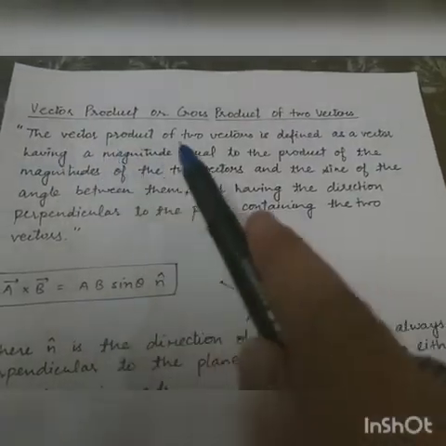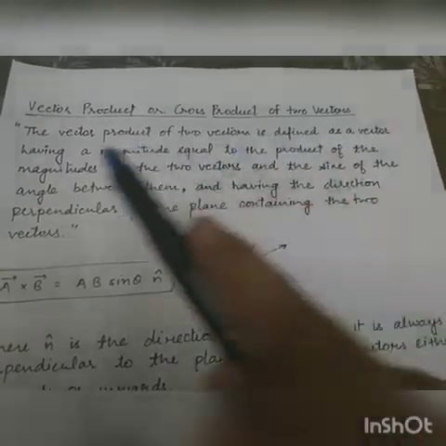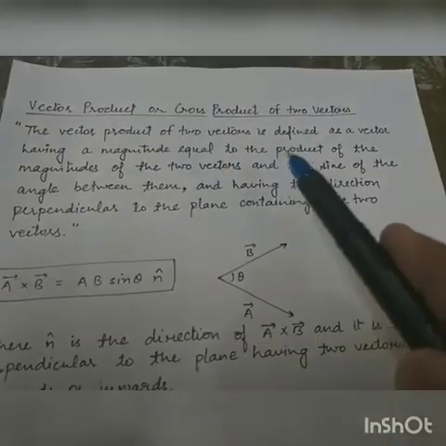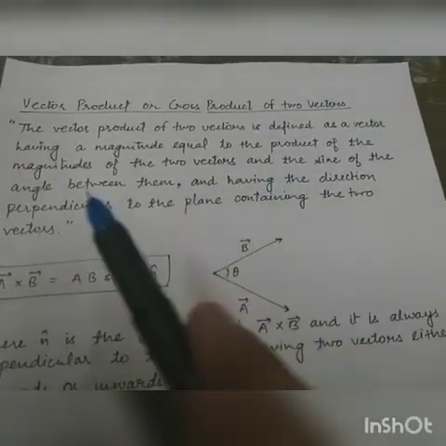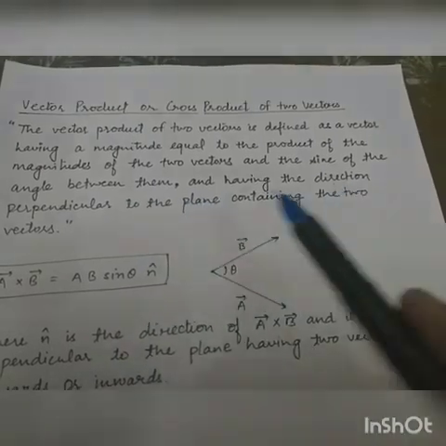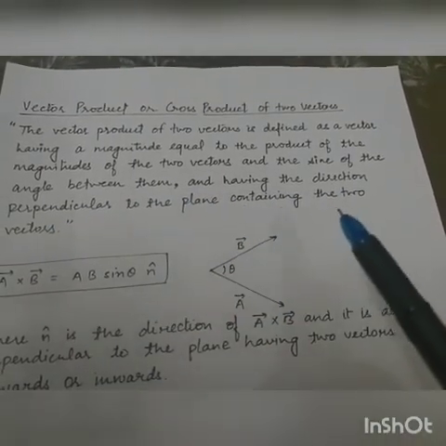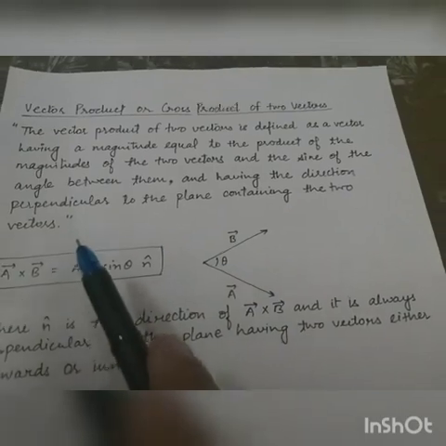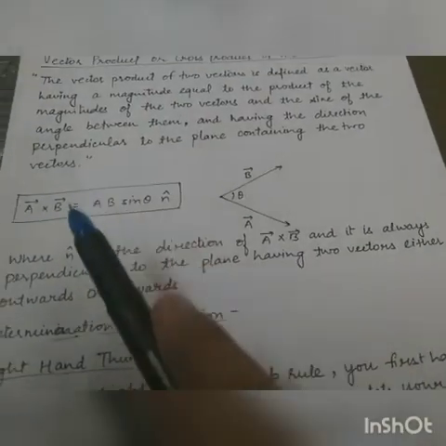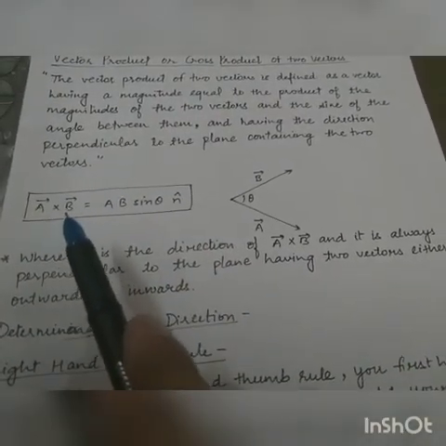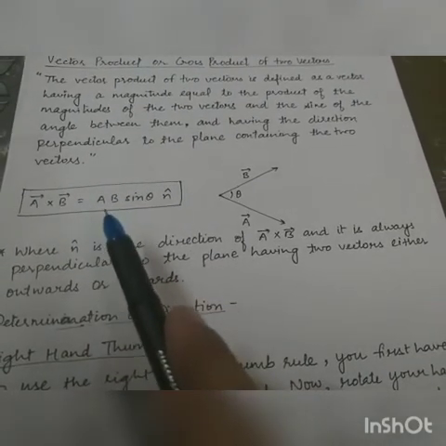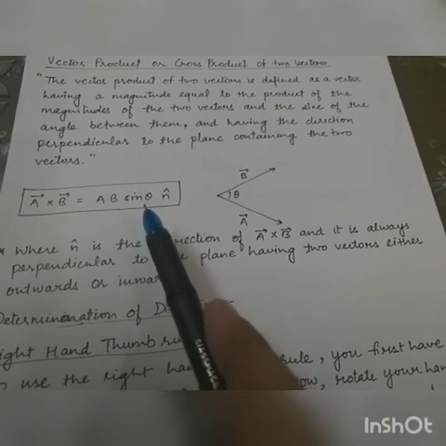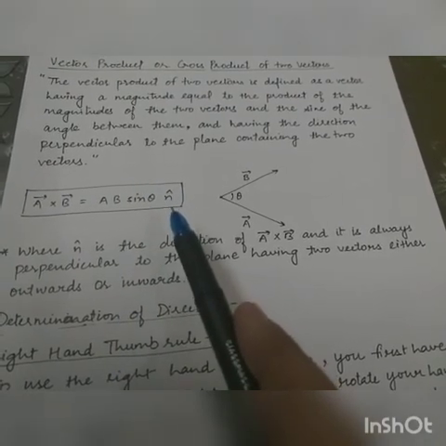The vector product of two vectors is defined as a vector having a magnitude equal to the product of magnitudes of two vectors and the sine of the angle between them, and having direction perpendicular to the plane containing the two vectors. A vector cross B vector is equal to AB sine theta n cap. A is the magnitude of A vector, B is the magnitude of B vector, sine theta, theta is the angle between them, and n cap is the direction of